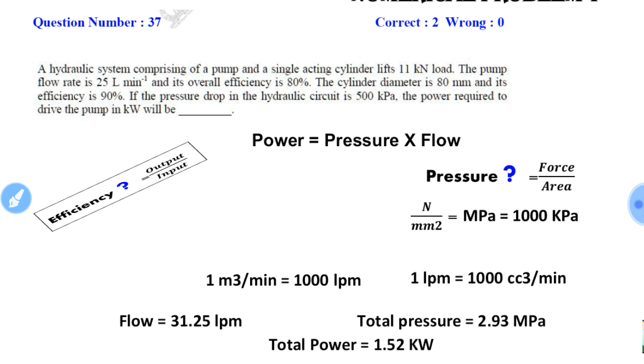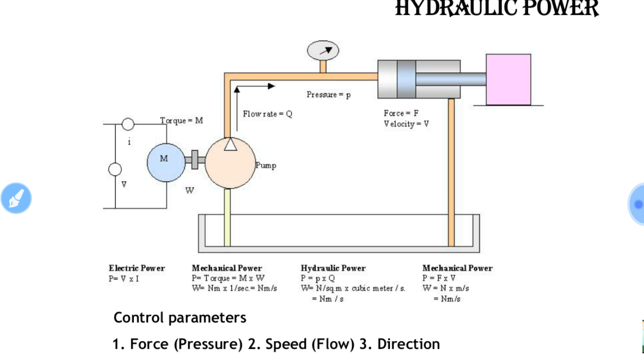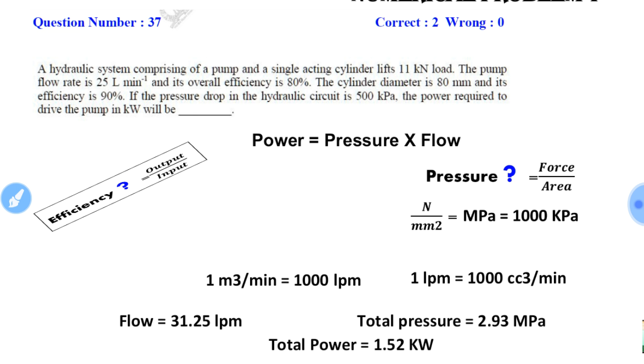Now what they said: the pump flow rate is 25 lpm and the overall efficiency is 80%. Overall efficiency here means the overall efficiency of the pump, and the cylinder diameter is 80 mm and its efficiency is 90%. So in this cylinder, the diameter is 80 mm and the efficiency is 90%. Efficiency means